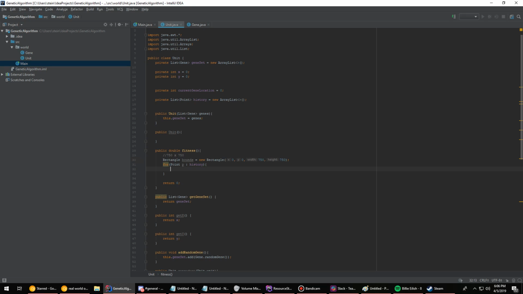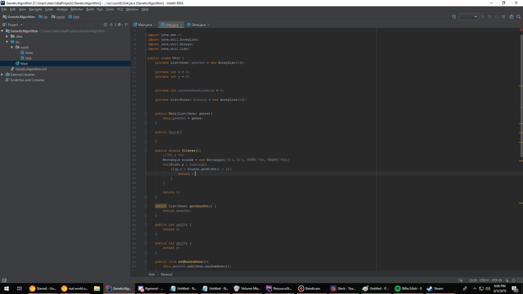Okay. So if capital X on, if p.x is greater than bounds.getWidth divided by 2. So if they go to the right of that, then we're just going to kill them, right? We're going to say their fitness is -1,000. And if they never crossed it in their entire history, then we let them. They're not even allowed to touch it. If they never cross it, we're going to give them a fitness of 1, which means in this case scenario here,